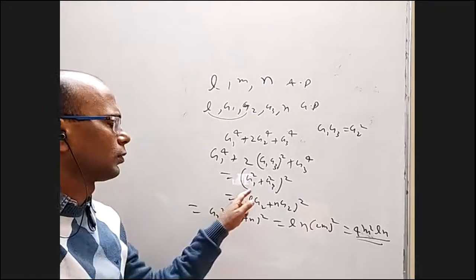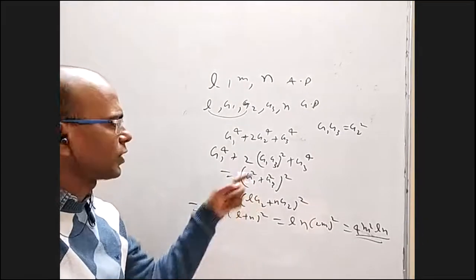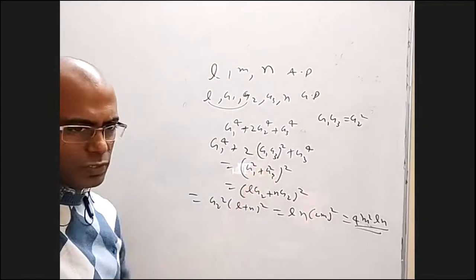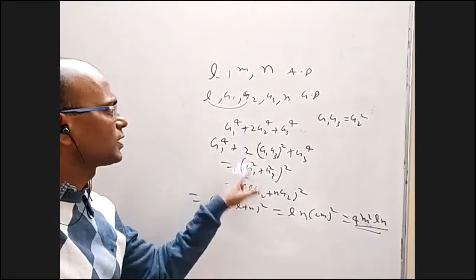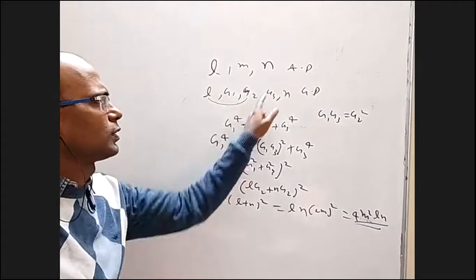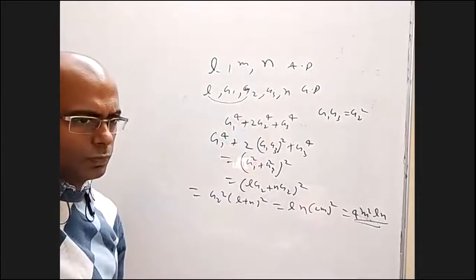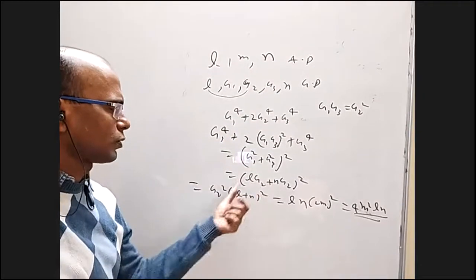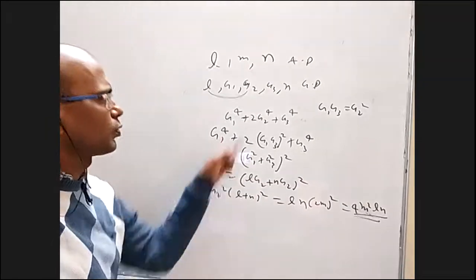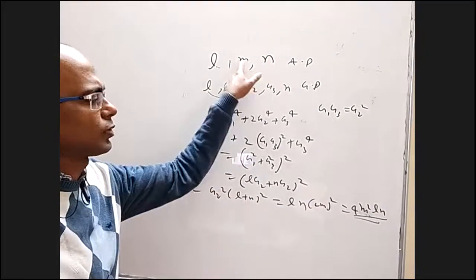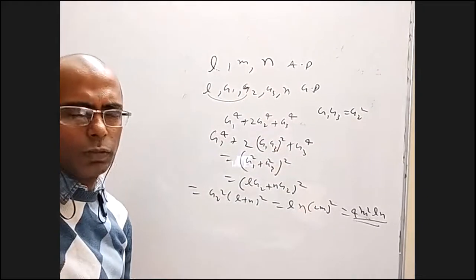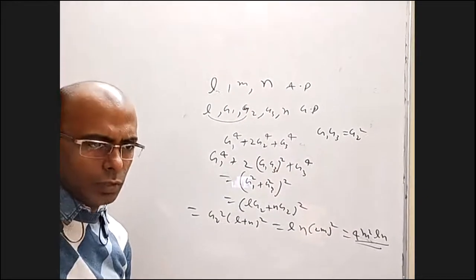Okay. So first we eliminated G2 in terms of G1, G3. We wrote it as a perfect square basically. Then this G1 square is the product of these two. This G3 square is the product of these two. Then I took G2 common, I got this. G2 square is the product of L and L plus N, based on the arithmetic progression, you can write 2N. That is one option.